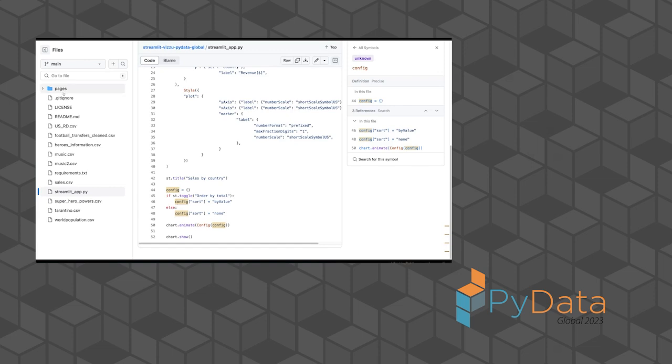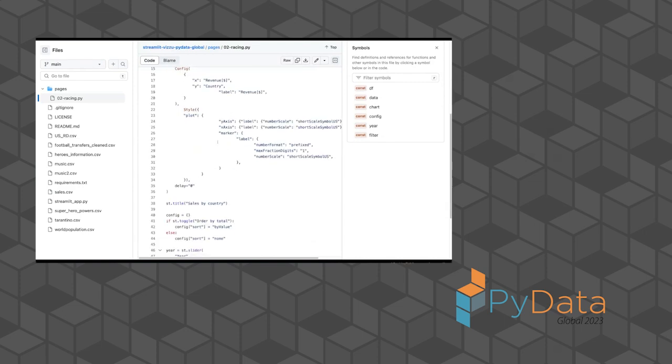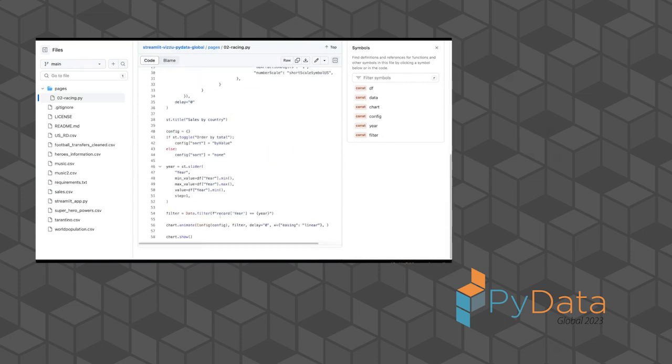All right, and last thing I want to show you, which it says to do this in the README, but just to make it explicit, essentially this is the same code, except we've added a year slider. So in this case, there's only 3 years of data, so it's not super exciting. And then we call it data.filter. And one of the things that you'll notice is that there's a few different fancy options being passed here,